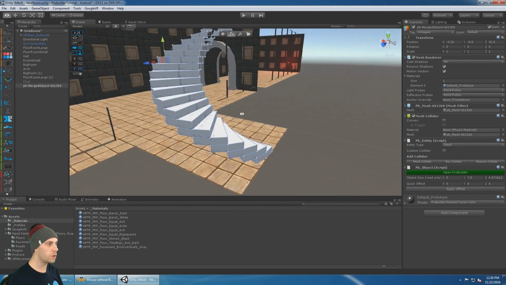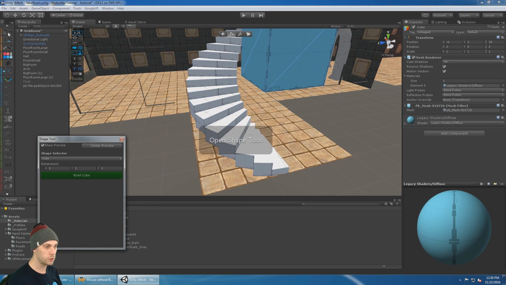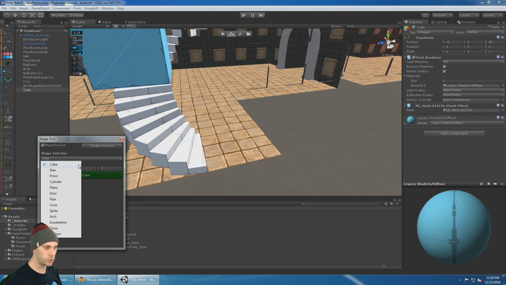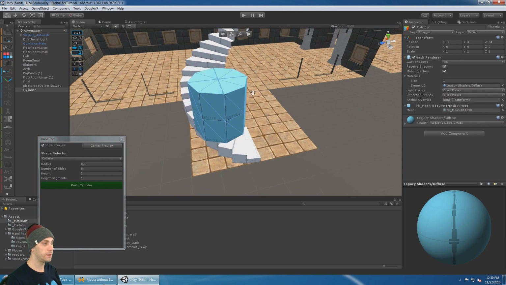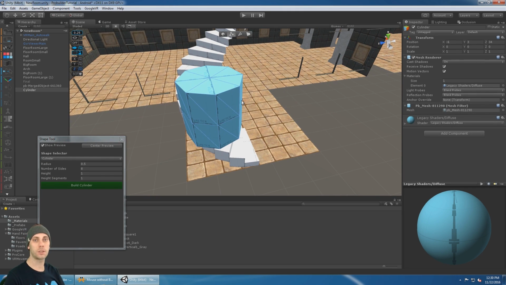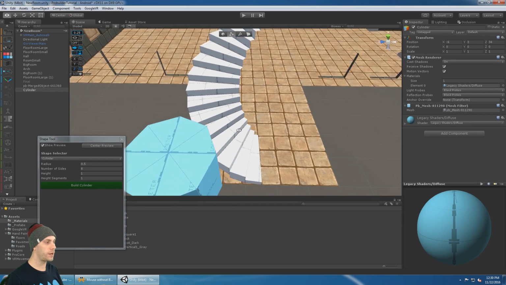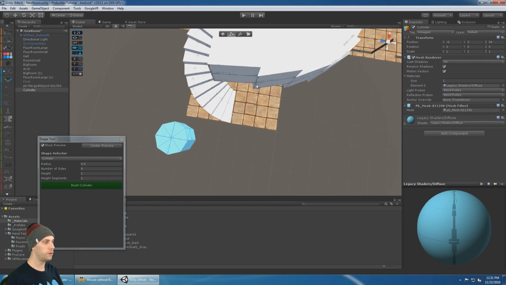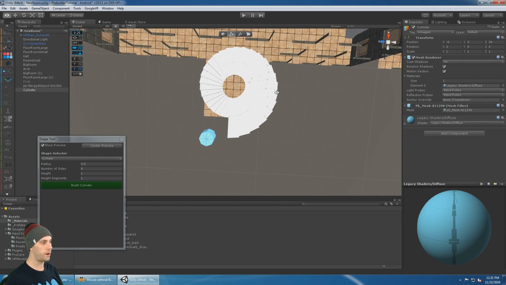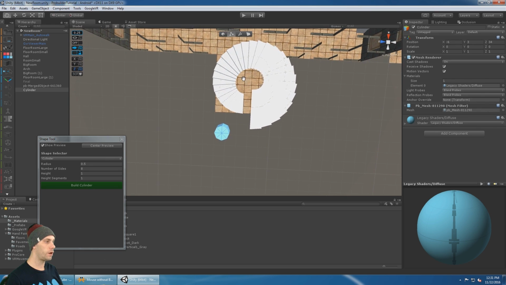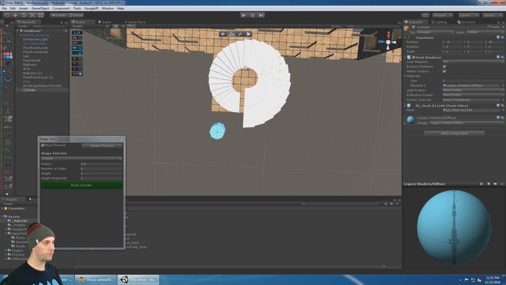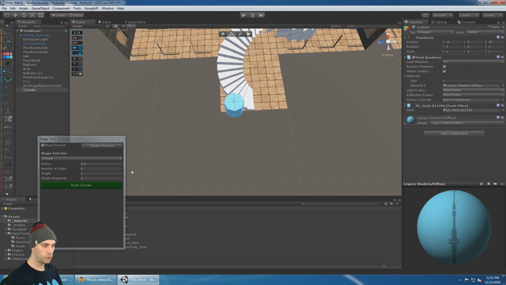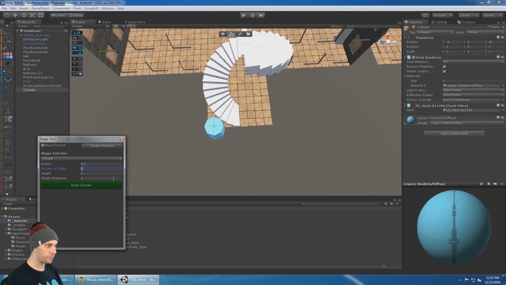So to get the column done in the middle, we're going to create a new object, and we're going to go to cylinder. Now, it just so happens that we built a cylinder already. We built a hollow cylinder. It's right there. You can see it right in the middle. So we built a cylinder here, and it has a number of segments, which is the number of steps. So I know that we made 30 steps. So I'll set the number of sides to 30 here,